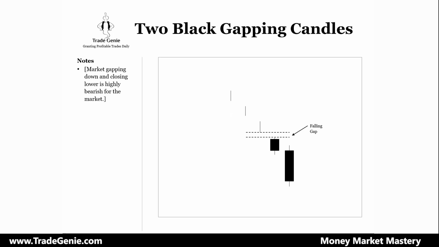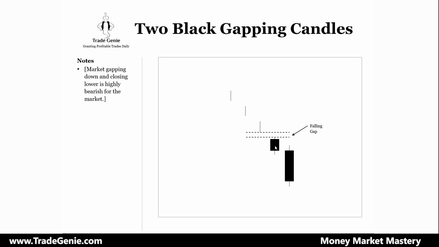Now this is another one. This is called two black gapping. So this market is in a downtrend and this gap occurred. If you short on this gap, then the market should not come and trade in this zone. If the market starts to trade in this zone, then you don't have any reason. If you shorted in this gap down, why would you hold if the market is trading in this zone? You shouldn't be trading here. You should close your position.